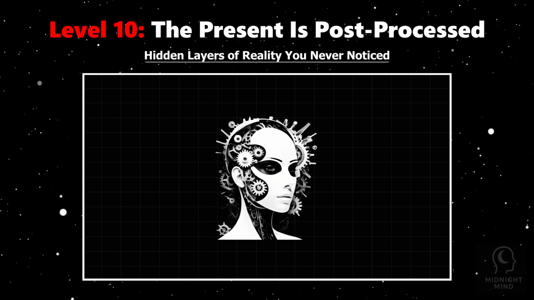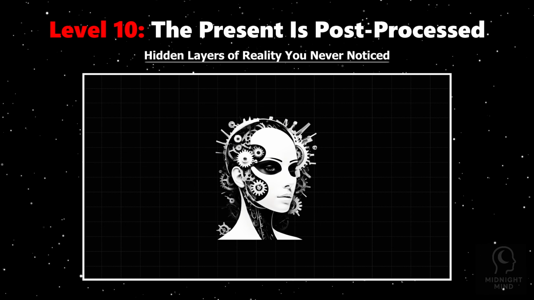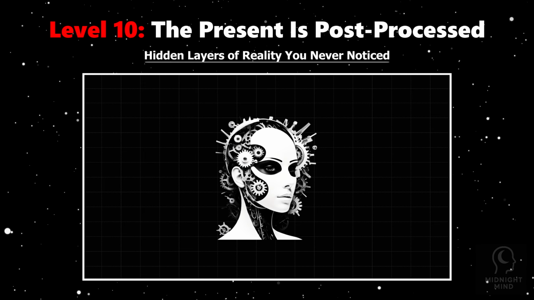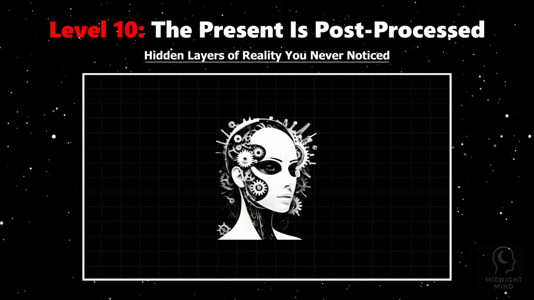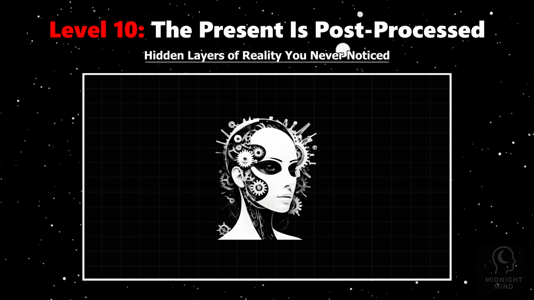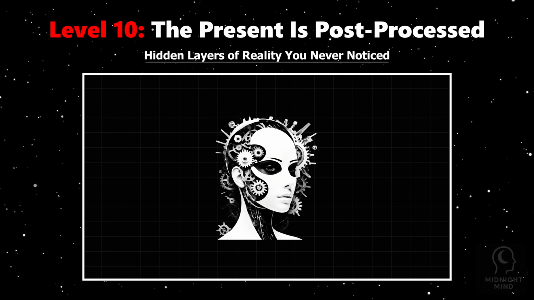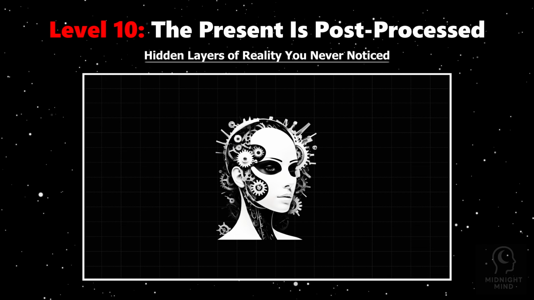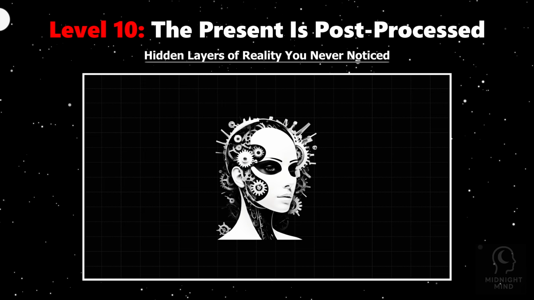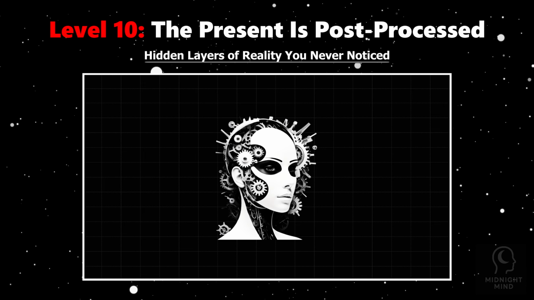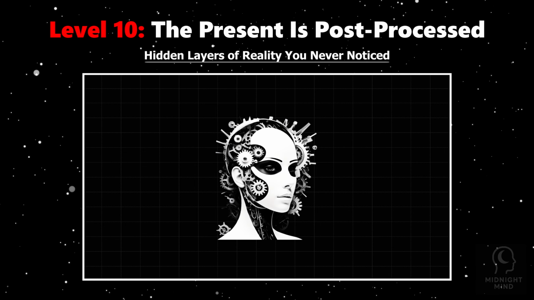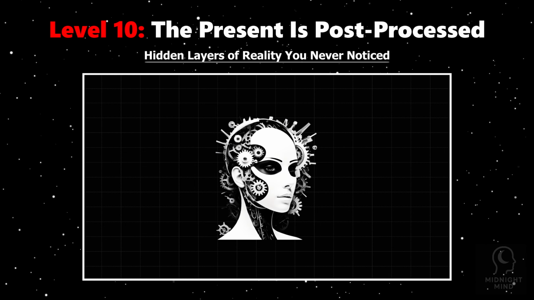For example, when you catch a ball, your brain integrates sight, sound, and touch, timing them perfectly despite each arriving asynchronously. This built-in delay means you never perceive reality instantaneously. Instead, you live slightly in the past, a curated version designed for survival and understanding. Studies show this lag is essential. Without it, the sensory world would be disjointed and confusing. Even so, your consciousness convinces you the moment is happening now.